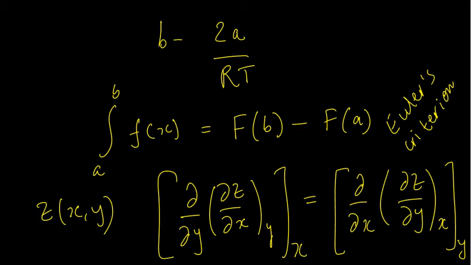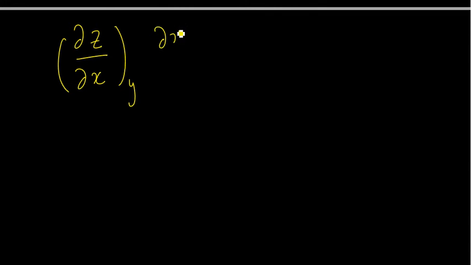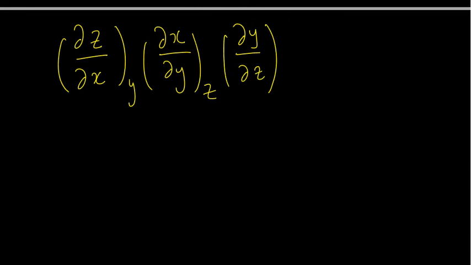Z, x, x, y, y, and z. So that is equal to -1, and that can be derived very easily. So what it says is del z del x at constant y times del x del y at constant z times del y del z at constant x is equal to -1. Okay, and this you can derive very easily by just saying that z is a function of x